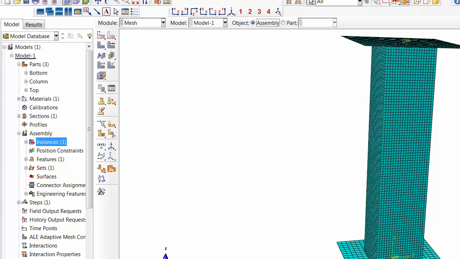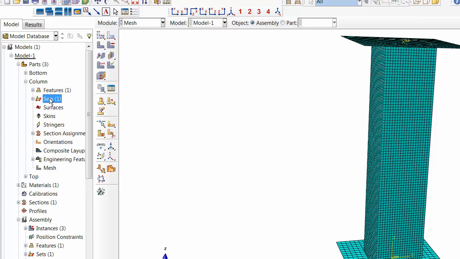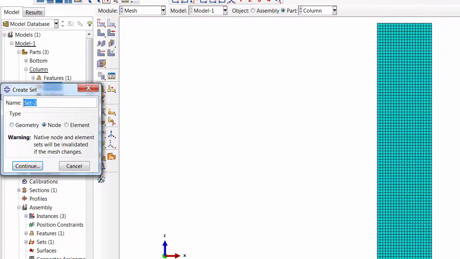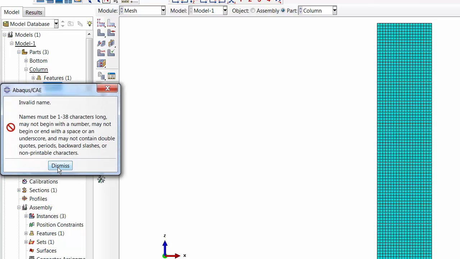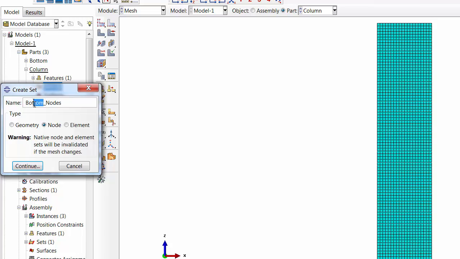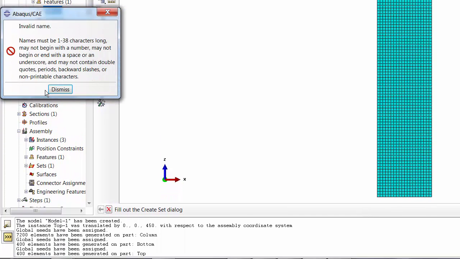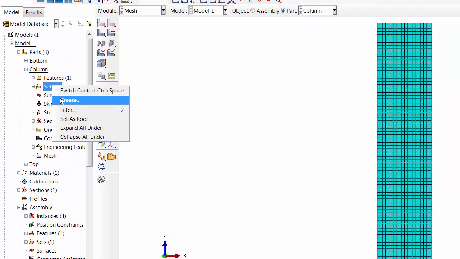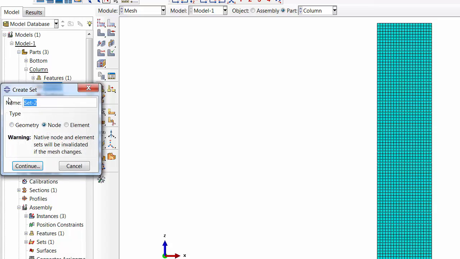Now what we'll do, for the column bottom and the top nodes we will create a set, so it will be easy for us to give a tie connection. So I'm going to go to the set, create. I'll put this in these nodes. It will be bottom nodes, and then similarly we'll have a top node. I'll say bot nodes. Some issue, then let me create it. Create node set bot,